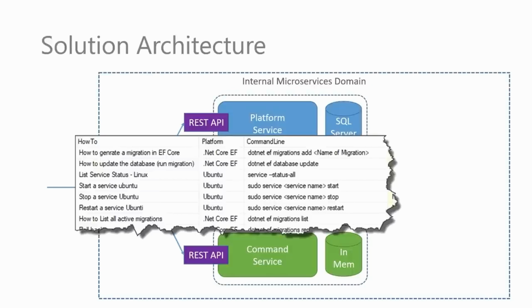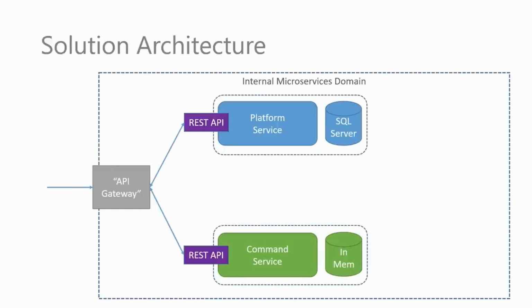So what you can see here is a snippet of what the database may look like. And you can see that we have a list of command line snippets, how to do a particular thing, such as stop a service or restart services or generate migrations. And you'll see that we have those command line snippets. But most importantly, you'll see that our command service does rely on the fact that it needs platform information. So for the majority of this course, what we're really going to be concerned about is trying to understand the best way of getting platform data from our platform service down into our command service. Now, as we've said before, the command service cannot reach into the platform service database, absolutely cannot do that.